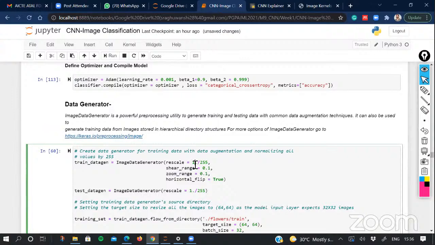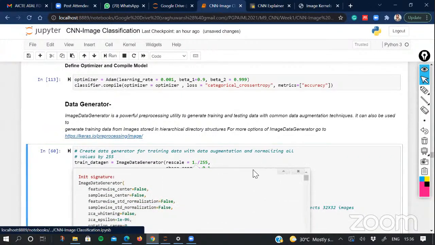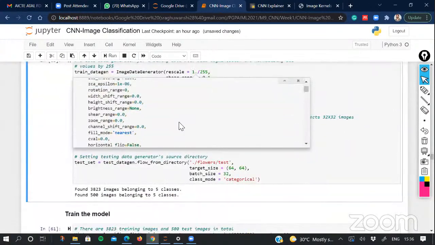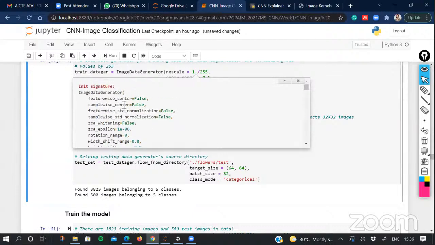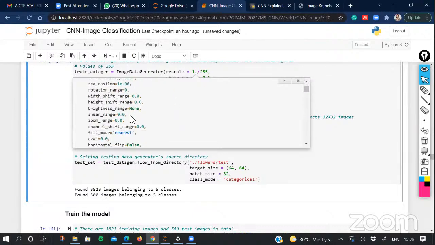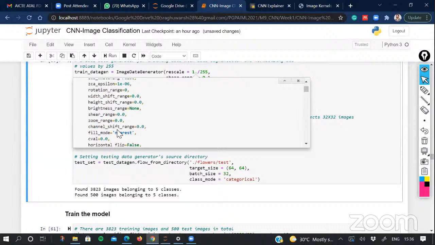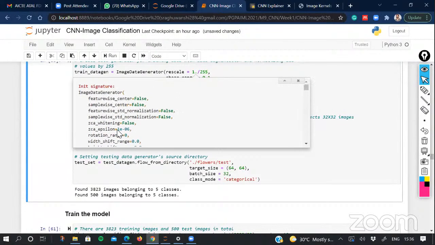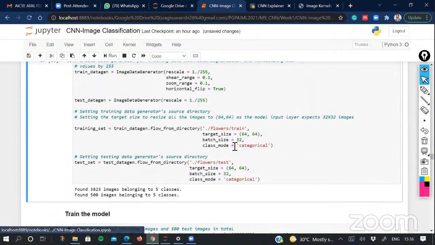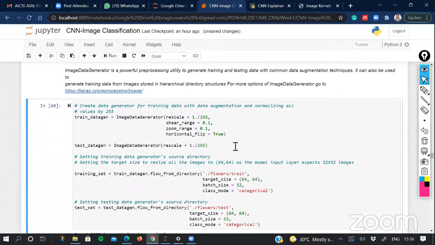If you press shift tab, you can find the other options: featurewise center, samplewise center, channel shift range, width shift range, height shift range, brightness range, shear range, vertical flip, horizontal flip, rescale, and all these properties you can use to create augmented images. That is basically a way to create more training instances to sustain the complexity of your model.